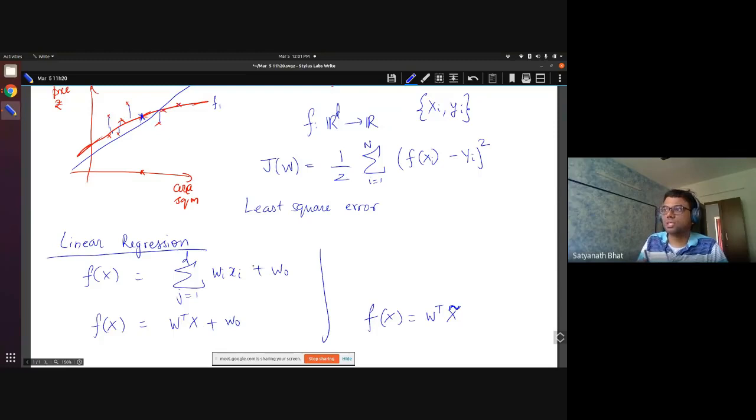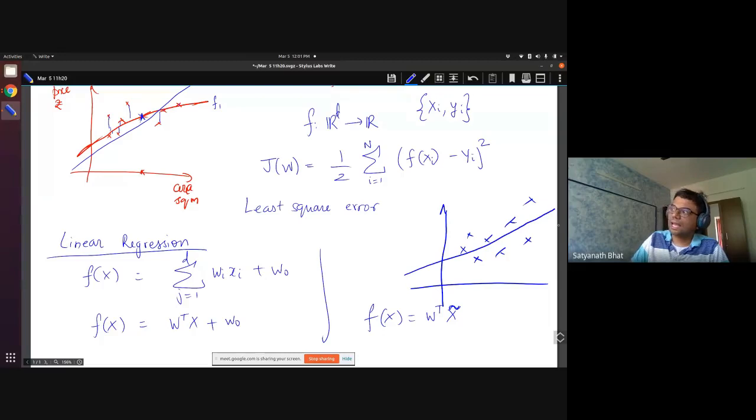So what we are trying to say is that in the regression problem, the linear regression at least, given that there is a cloud of points, the linear regression model is trying to predict a single line. Even though this doesn't look like a line, I mean to draw it as a line. So we want to learn a single line which best represents the variation in the data, and that is given by w transpose x tilde.